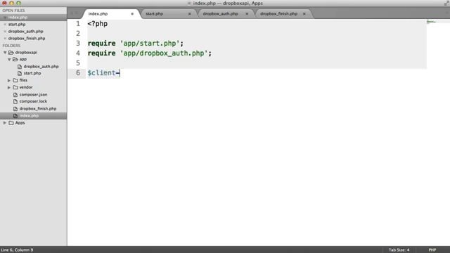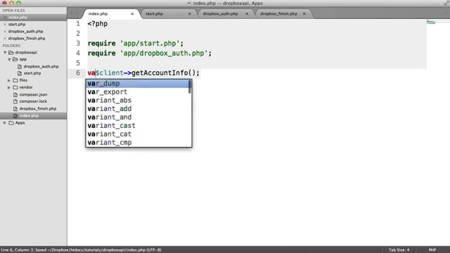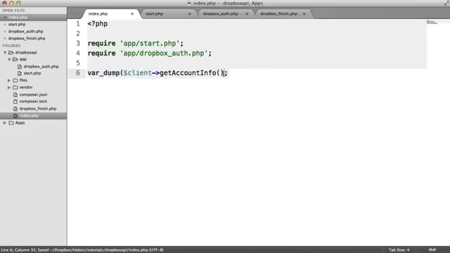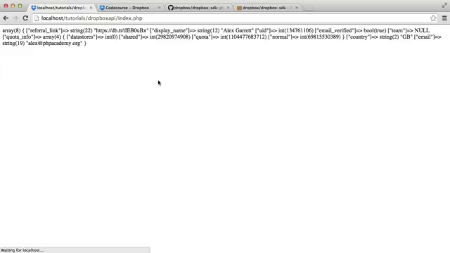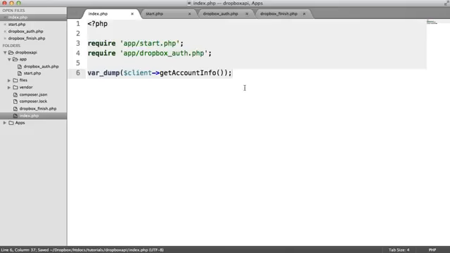So we know we have access to this client variable now because we've included it in Dropbox auth. So I can say now get account info. That will error if we output it, so we need to do a var dump on this or a print r. And you'll now see my account information. So we have got a display name, which is my full name, my user ID, whether my email address has been verified, if I'm part of a team, my country, my email, useful things like that if you need them. But in the next video, we're going to look at actually uploading files to the user's Dropbox